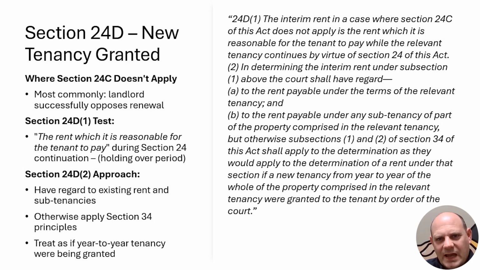The 6-month deadline in Section 24A subsection 3 is crucial and it's unforgiving. If you fail to apply within 6 months of the tenancy's termination, you've lost your right permanently. This creates particular risks where opposed renewals proceed to trial. If the trial is lengthy and an appeal follows, the 6-month deadline could pass before the tenant even knows whether they're getting a new lease. In such cases, landlords commonly apply for interim rent as a protective measure, even if the outcome of opposition remains uncertain.